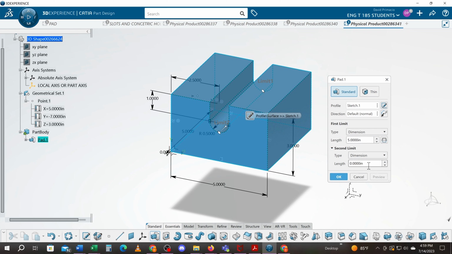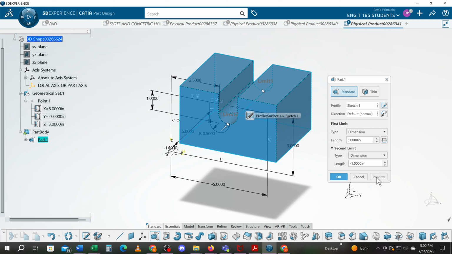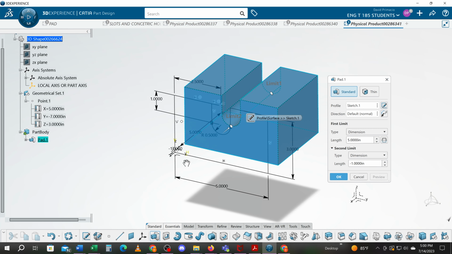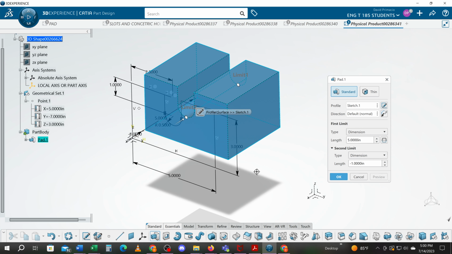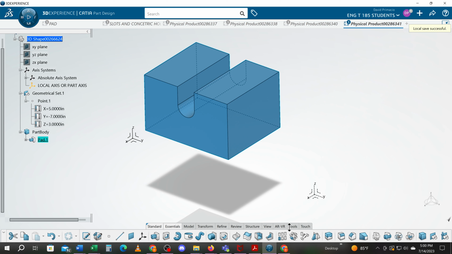For example, if I type in -1 and hit tab and hit preview, you'll notice I'm offset from this profile 1 inch in this direction and 5 inches in that direction, meaning that the length of this part is actually going to be 4 inches. If I select OK and go to Tools and hit Measure Item,